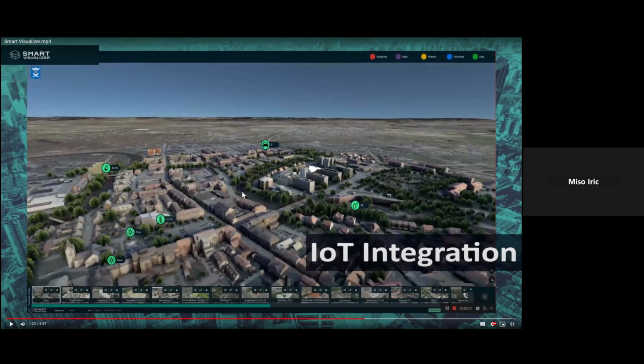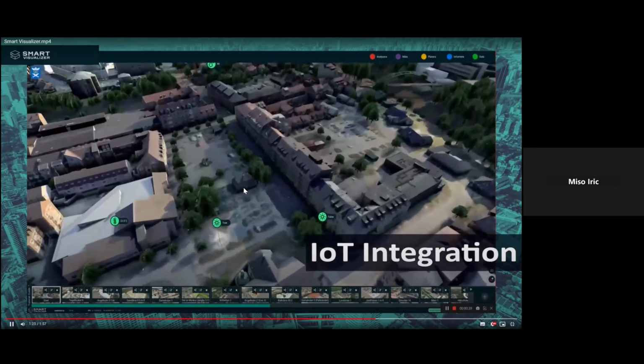This was in quite early stages, 2020, I think, four years ago. We took some sensors and put those in the city, simulating different use cases, and streaming IoT information in real time and visualizing values from those IoT integrations.